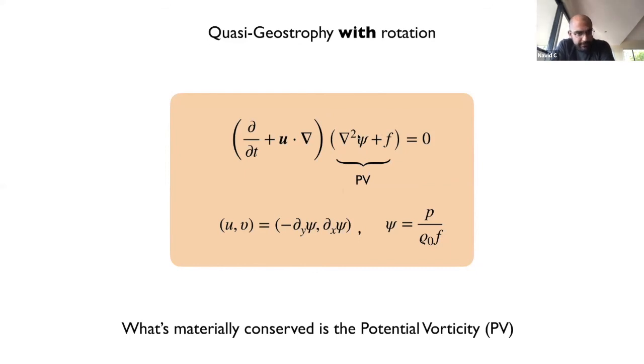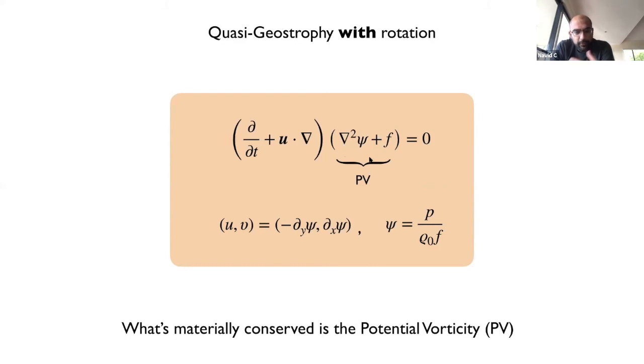So if you follow every fluid particle with the flow, its potential vorticity has to remain the same. And this, of course, ignores any depth variation. If you add depth variation, then this potential vorticity quantity has depth in it. It has to be scaled by the total depth of the fluid. But the idea is that